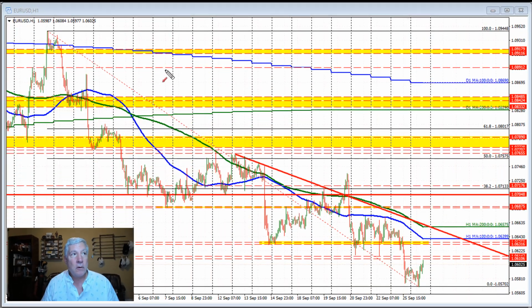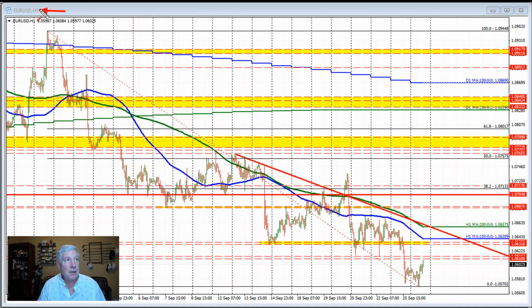Let's kickstart your Forex trading day with a look at the Euro versus US dollar, dollar versus yen, and the pound versus US dollar. Starting off with the Euro versus US dollar on the hourly chart, we saw a move to the downside yesterday. That move to the downside took the price below these lows from last week's trading. Also below the